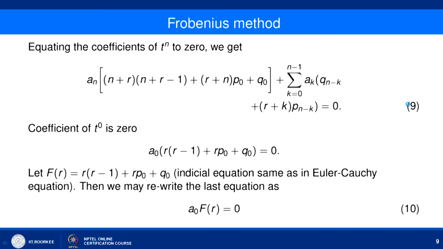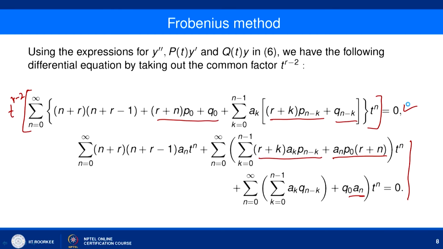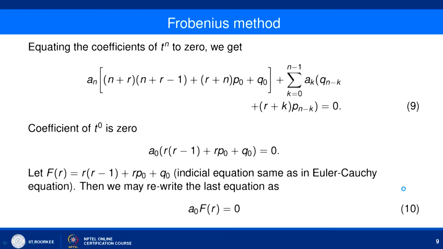So now, if you look at the left hand side and right hand side, in the left hand side we have this expression and in the right hand side we have 0. So it means that the corresponding coefficient of t to the power n is going to be 0. So using this, equating the coefficient of t to the power n to 0, what we get: a n